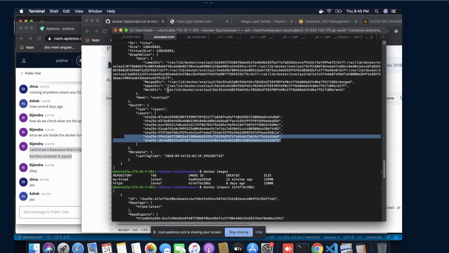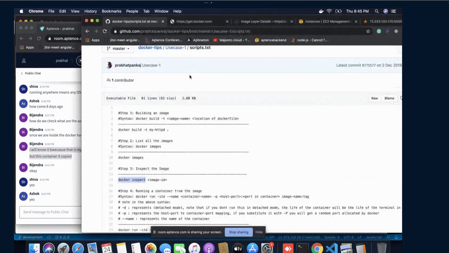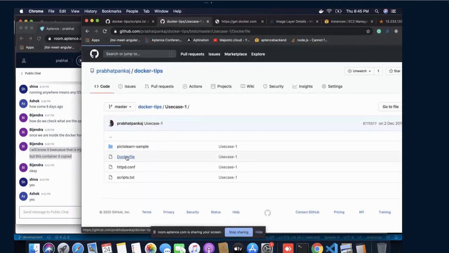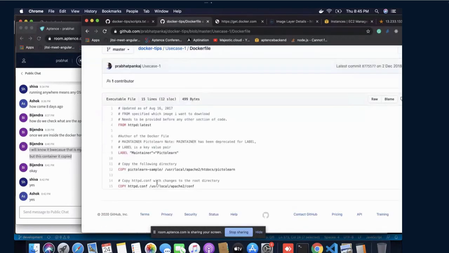So guys, did you understand what happened? These two layers are nothing but the steps we performed. We created this Docker image just because of this error. The first step was this one, the second step was this one. So these are the two steps that we added on top of this one.